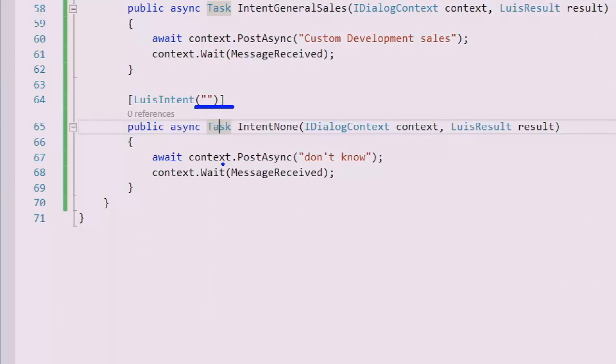So really, if any utterances have been provided that the Lewis model doesn't know how to deal with, it'll just return the none intent. I'm going to make a general suggestion here. Now this is for demo. What I'd normally like you to see there would be, "I don't understand what you've asked me, please type help for guidance," and you add a help intent,